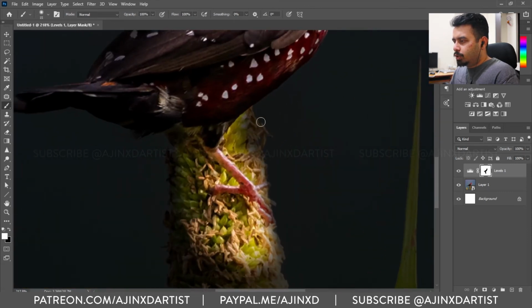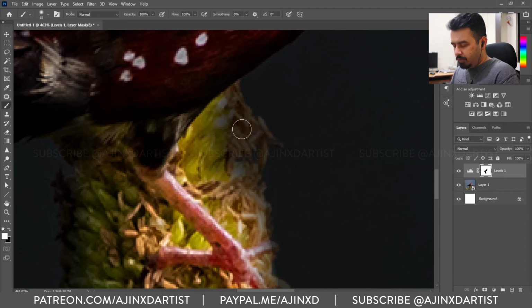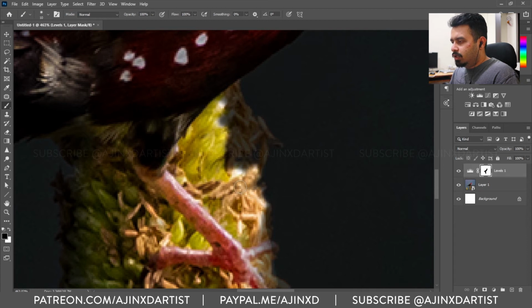All right, now as I said before, you can zoom in, change the foreground color and go back to things that you would want to be in the light, and adding shadows will actually look quite fake over here.